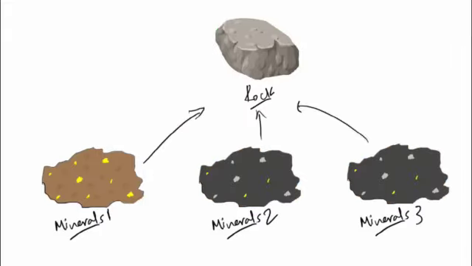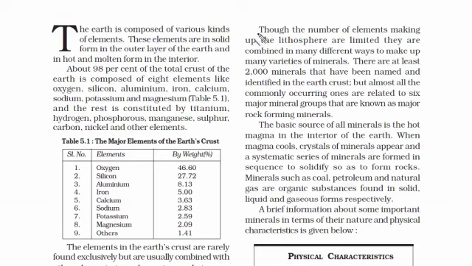That's why we need to extract them. We cannot simply take a piece of rock and say, hey, I've got so and so mineral. A mineral has one specific chemical composition, whereas a rock is a collection of different minerals. Just remember this. Now, it is a known fact that Earth's lithosphere, that is the crust and upper mantle, consists